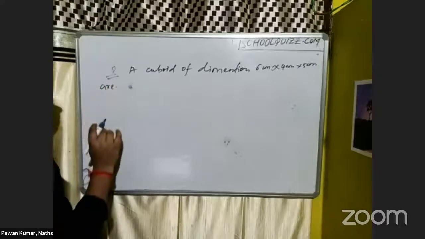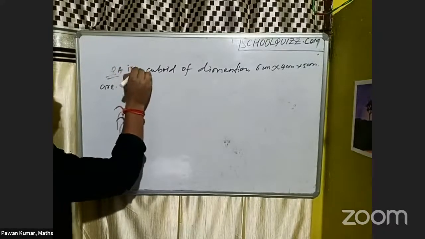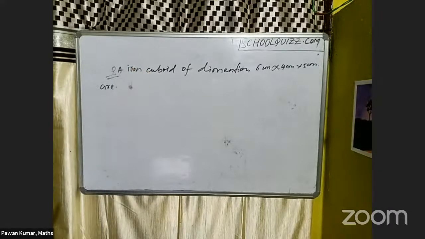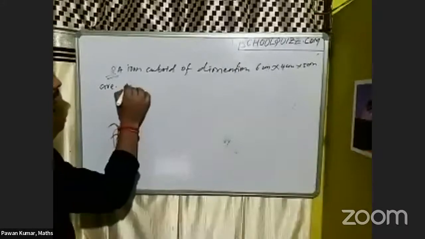Iron cuboid of dimensions 6 centimeter, 4 centimeter, 5 centimeter is melted